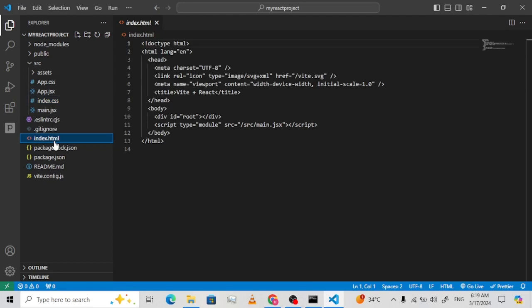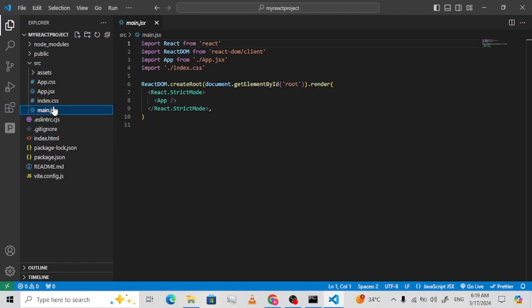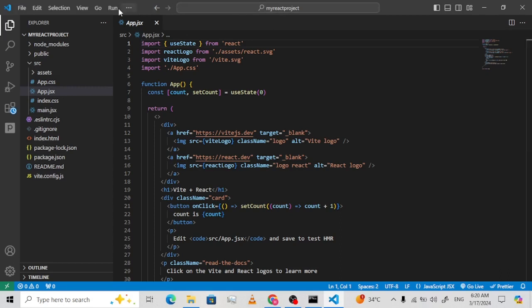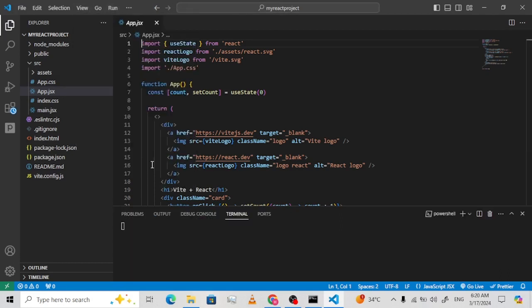So here is the index.html right here, and the main.jsx, which renders the app.jsx right over here. So now we go over to view and then terminal, and then we type in npm run dev. So this should run the React project, so you can see the output. This should take a minute,